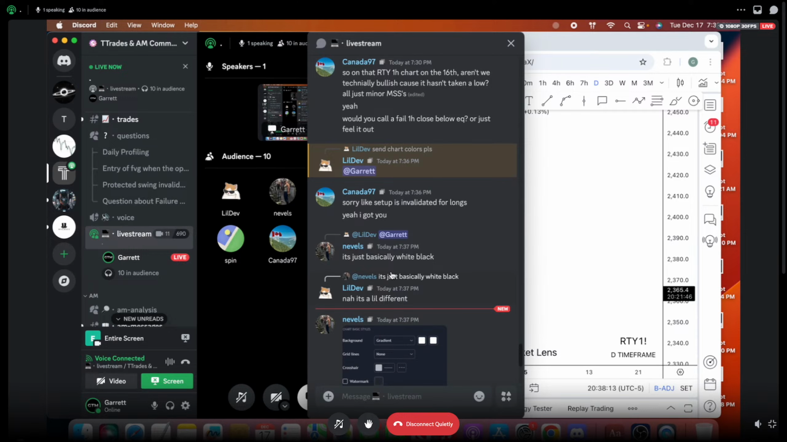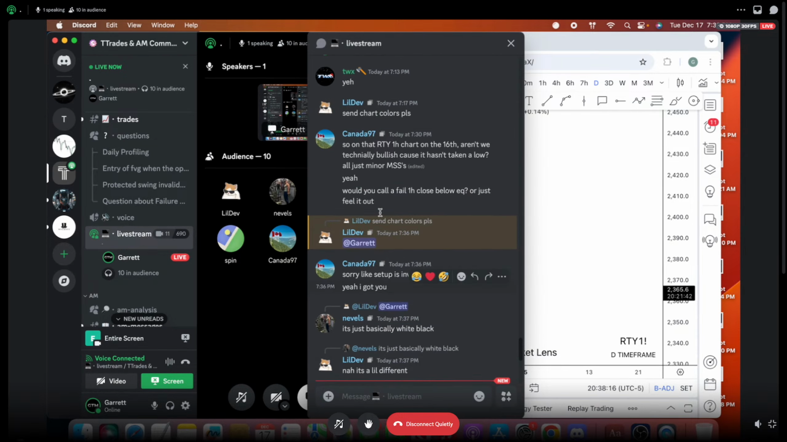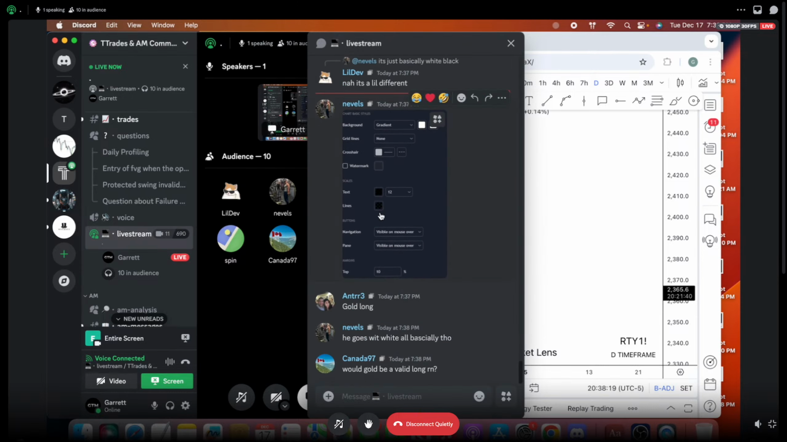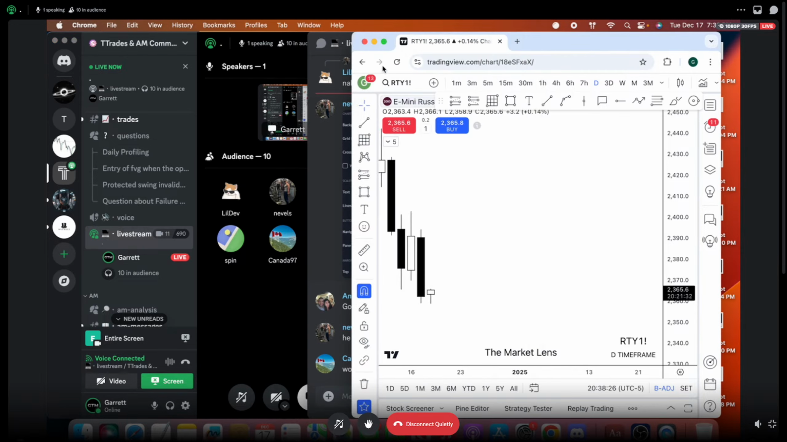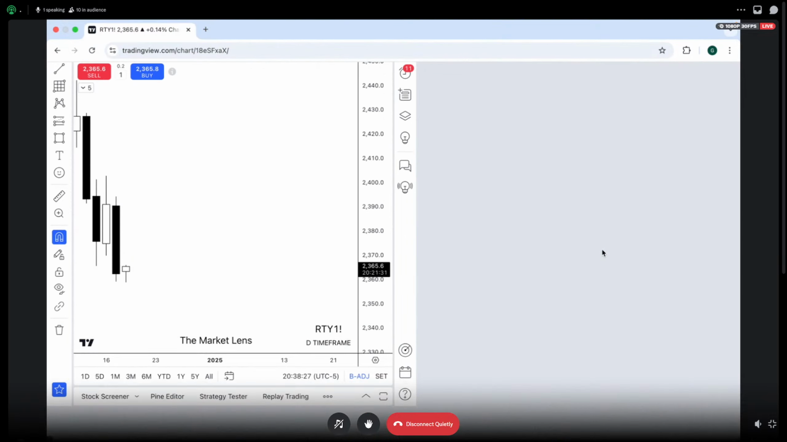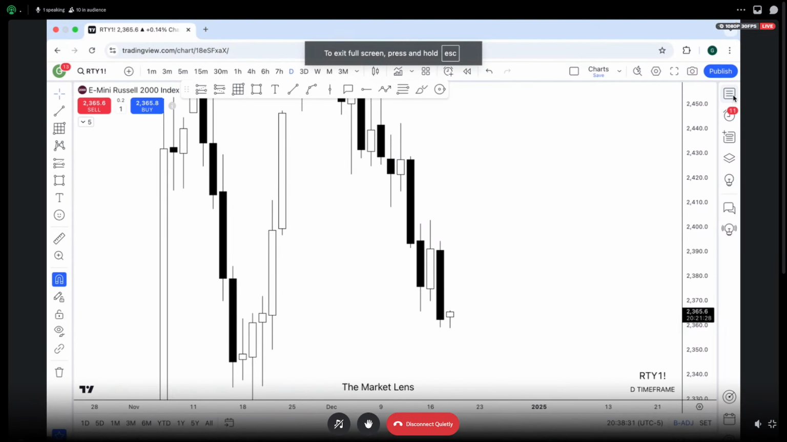So setup isn't valid for noms. Yeah. Would gold be valid long right now? Oh, in Asia? I don't really look at the markets in Asia, but